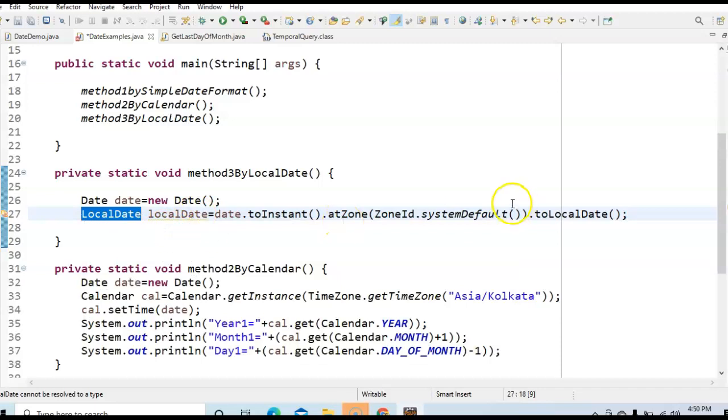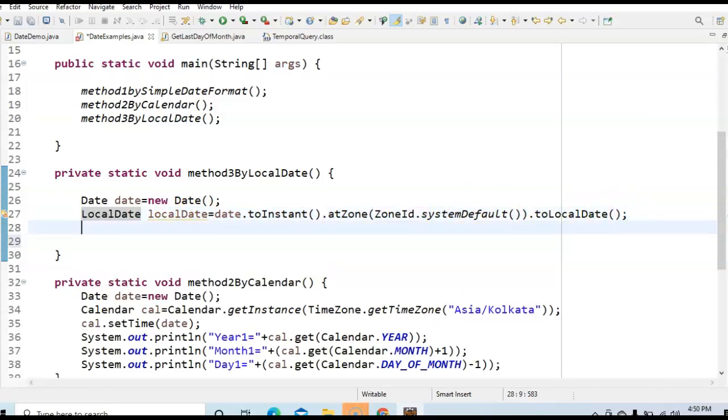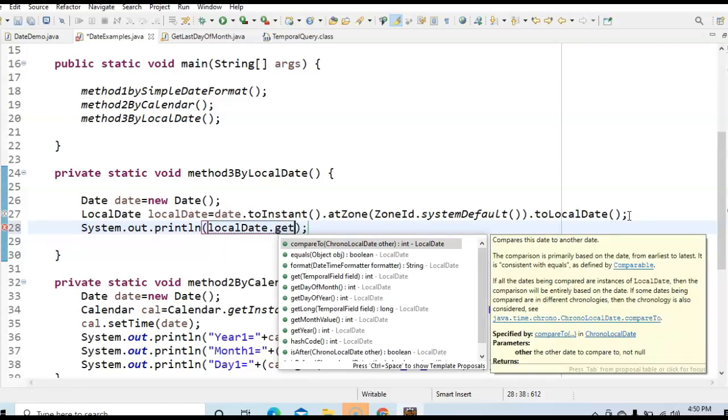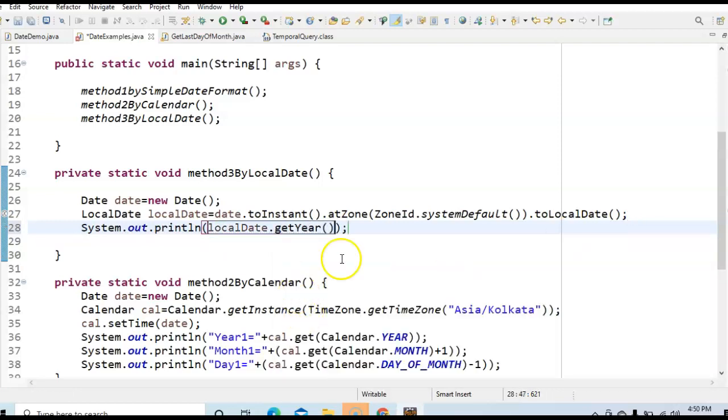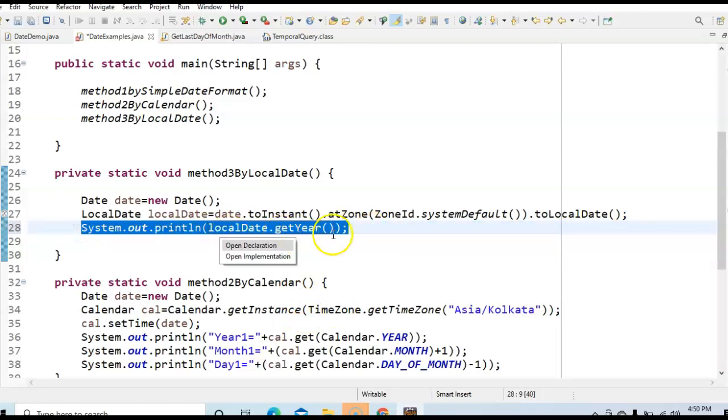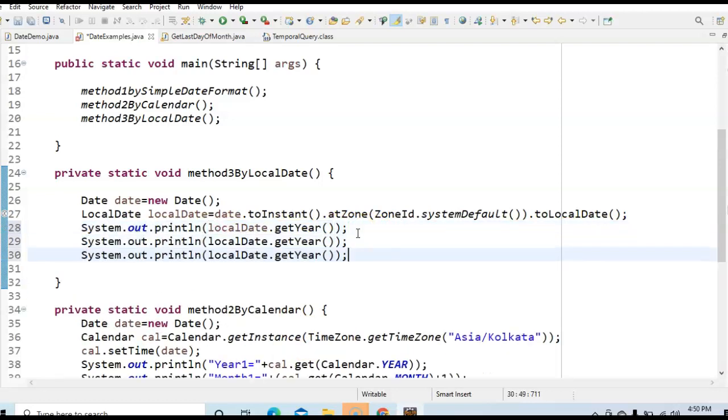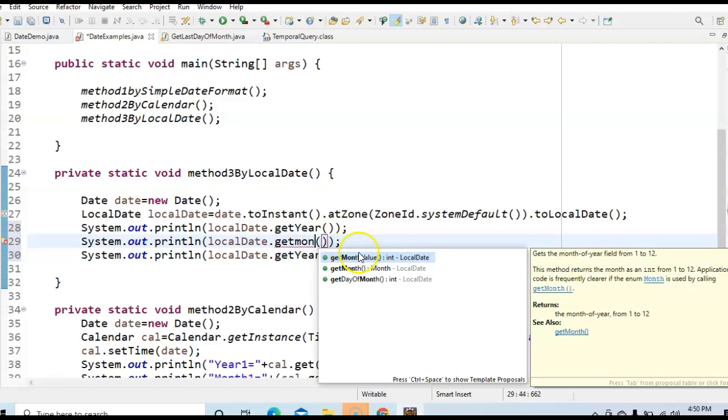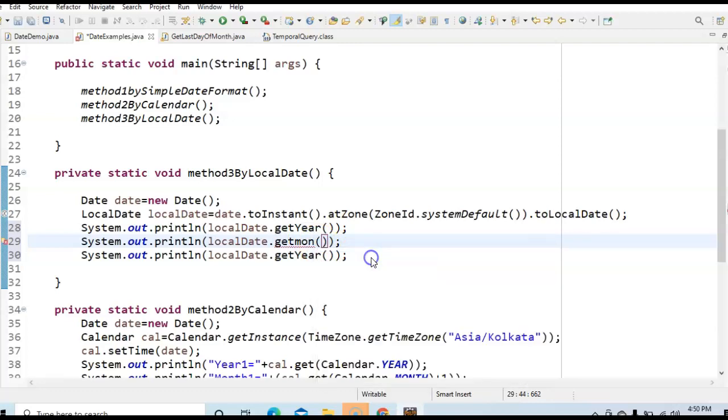Let's import this. Now how do we get the year? In LocalDate, we have different methods. So sysout localDate.getYear(), which will print the year. Then localDate.getMonthValue(), and finally getDayOfMonth().